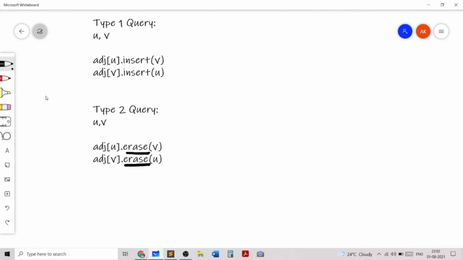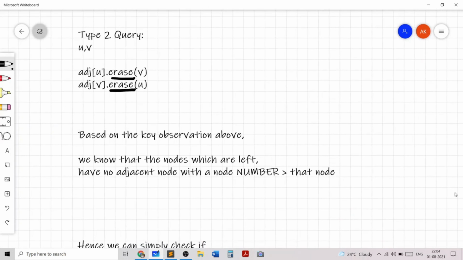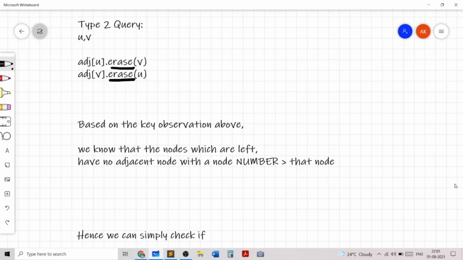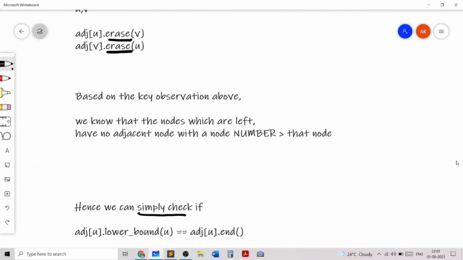Now let's try to answer the type 3 query. So based on the key observation above, we know that the nodes which are left have no adjacent node with node number greater than that node. Now how do we simply check this? By using the new form of adjacency list. So notice that adjacency list of u dot lower bound u will give us the iterator to a number which is greater than u.